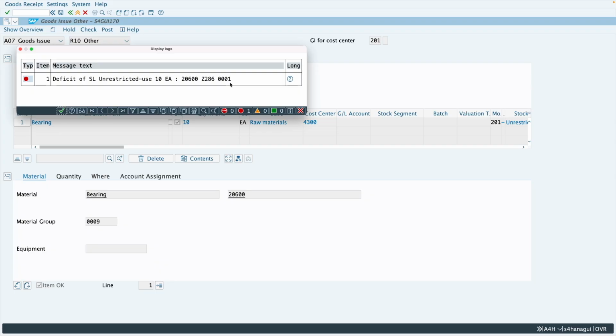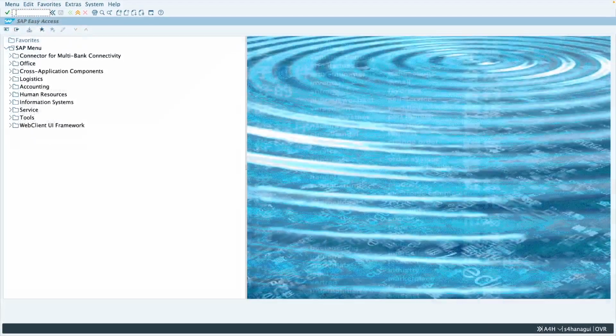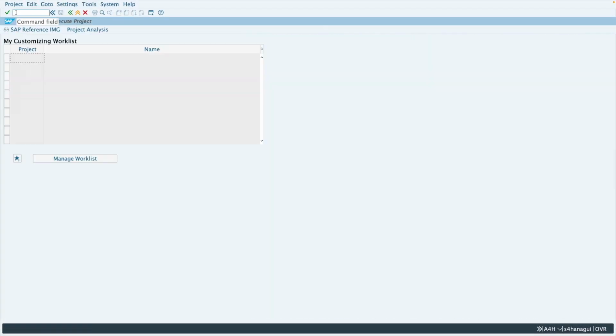So what we have to do now to allow this goods issue, we'll have to activate negative stock for this combination now. That is for material, plant and storage location combination. We'll have to allow negative stocks and then only system will be able to post this goods issue. So to do that, first we'll have to do a configuration. So we'll go to SPRO. We'll go to SAP reference IMG,